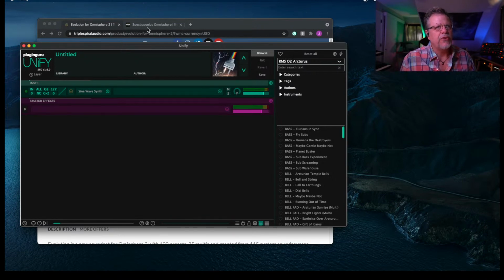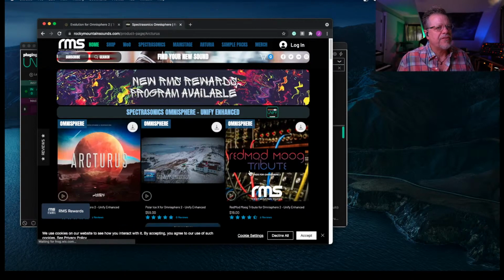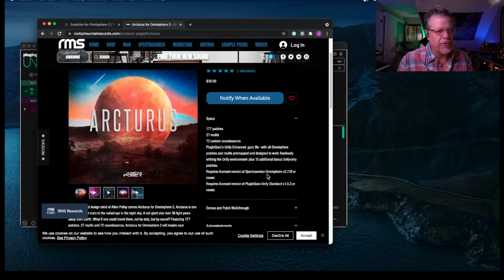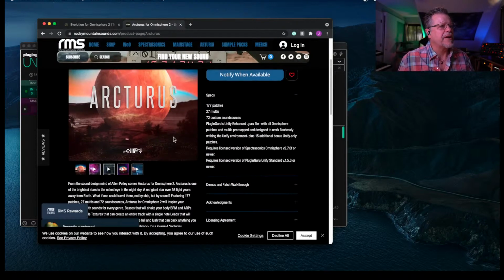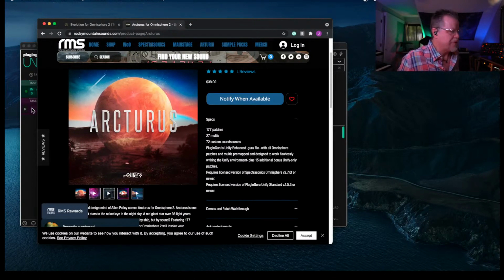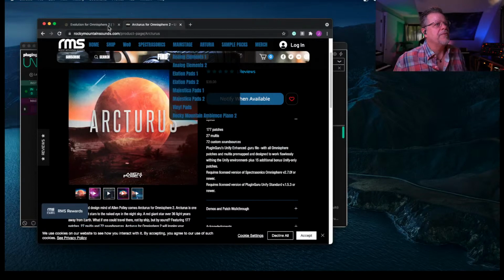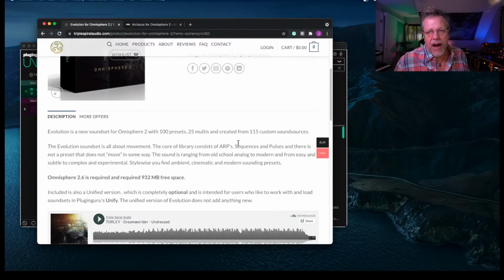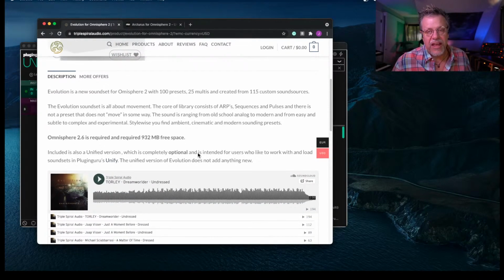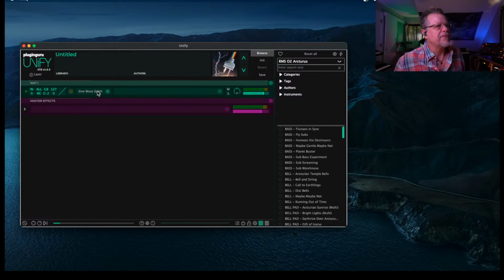So these two libraries: Rocky Mountain Sounds has released Arcturus, which is done by Alan Pauly, who was previously known as Kid Anthem when he did libraries here at PlugInGuru.com. It's a really nice library with a whole bunch of cool sounds. I can show you some of those. The other library is from Triple Spiral Audio, from Yop. This is a really nice library with 100 presets, 25 multis, using 115 sound sources. The samples are very large, more cinematic in nature. So when you're playing between the two libraries, you'll notice this is just a bunch of really cool usable